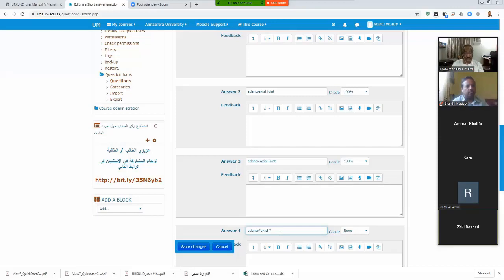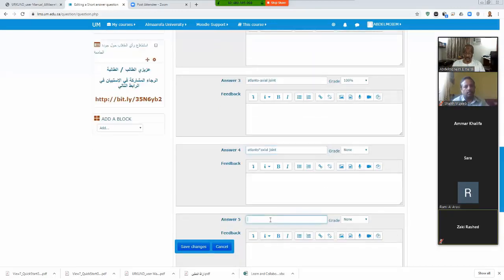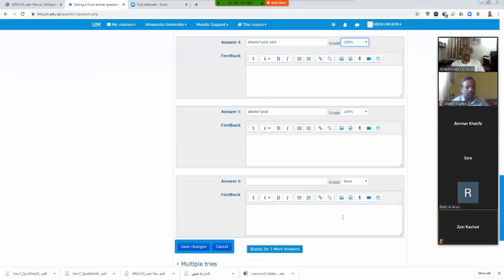Now, you can do this Atlanto axial joint and then put another one Atlanto axial without joint, and you consider both of them as correct answers. This one and this one, and you give all of them 100. And you continue until you exhaust all the possibilities, because you do not want to be unfair to any students. You need to put all the possible